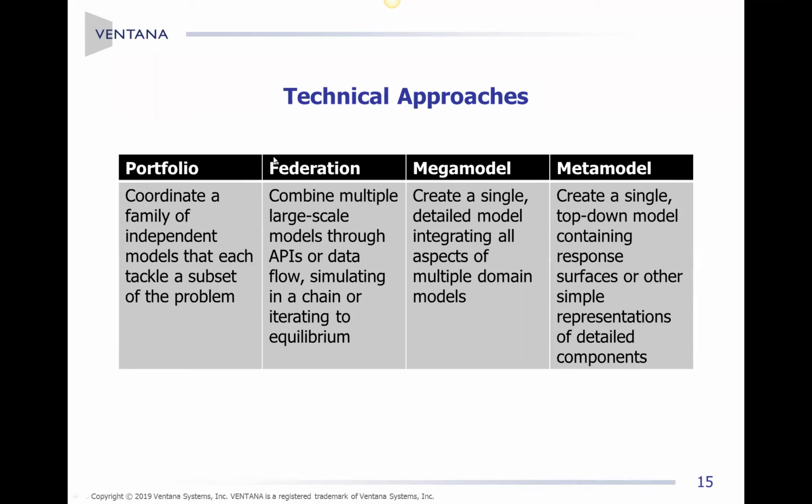Another possibility, and I think we've already seen a couple examples of this on Monday, is federation of models. So you have a detailed model of, say, ocean physics and a detailed model of some aspect of health or ecosystems, and you link those together through either some kind of programming interface or some kind of data flow chain, so that you simulate the physics model and then use that output as input to the health model, for example. And that makes really good use of existing resources,